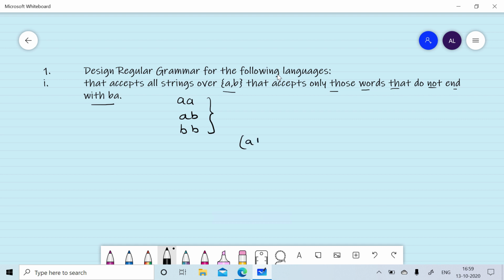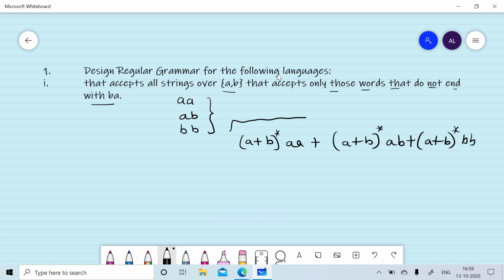So we can write its regular expression as (A+B)*AA, (A+B)*AB, (A+B)*BB. This part will generate all strings of length greater than or equal to 2 that are ending with AA, AB and BB. What it means, these are not ending with BA. In addition to that, we will add strings of length 1, that is A or B, and the null string.